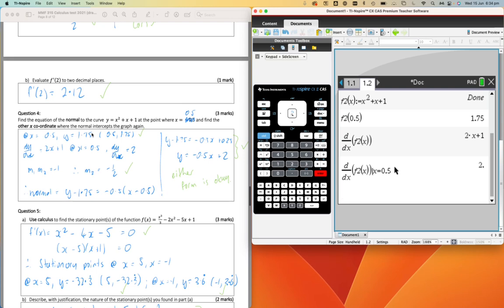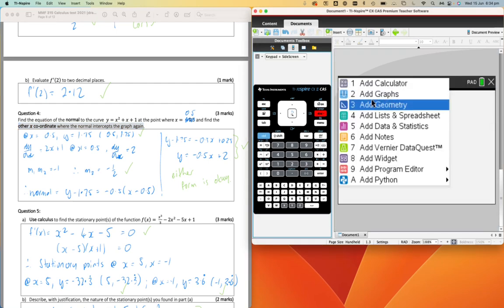Okay, now it says here, I don't know why it's not in the answers here actually, but with 3 marks, it says find the other x coordinate where the normal intercepts the graph again. So for some reason maybe that was taken out of the questions. It's only worth 3 marks. But you've got your equation here of the normal. You have to find the other x coordinate. So if you are asked that, you can go control plus page, add a graph,